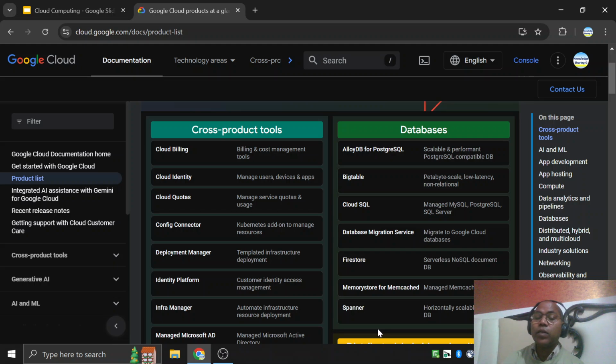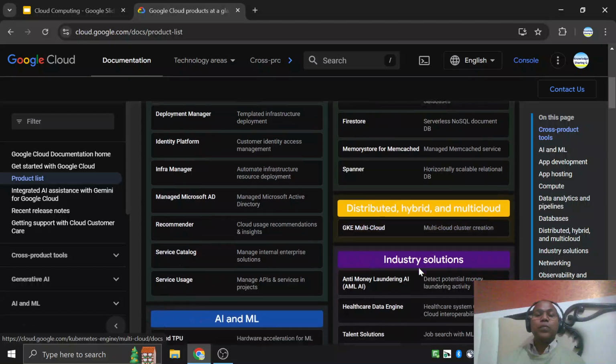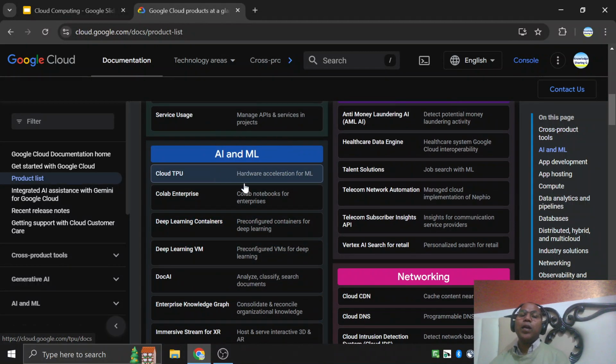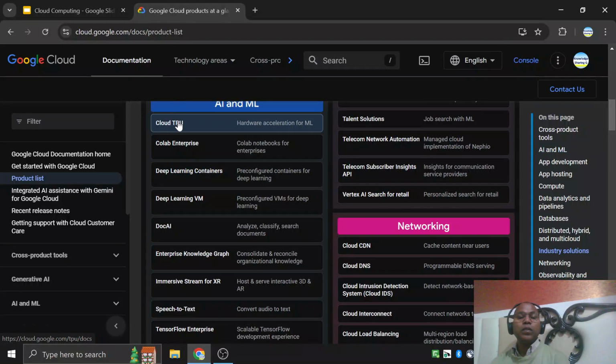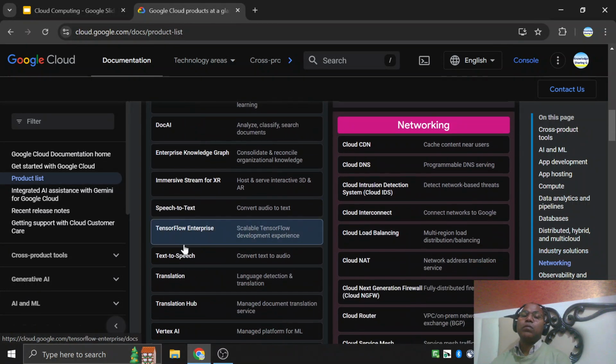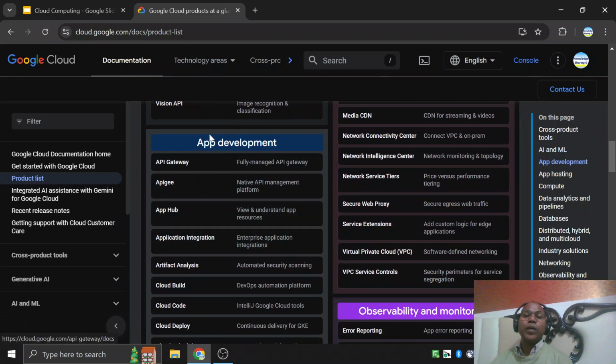Maybe a SQL database, a non-SQL database, Spanner database, Memorystore, Filestore, Cloud SQL, Bigtable, or AlloyDB. These are the different options we have, and they have different pricing models, which we have to understand. Similarly, if you want AI/ML tools and services, these are all the AI/ML tools available. Similarly, if you want application development,